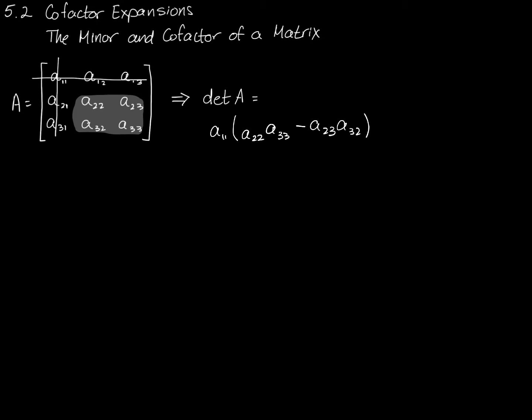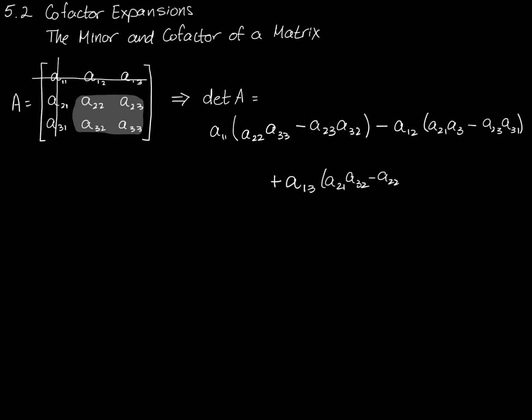And then we said we were going to subtract the next term. We have A12 as our coefficient, and then we would add the last term, A13 times that determinant. So let me just fill these in real quick. For A12, the determinant, I'm going to have A21, A33 minus A23, A31. And for the A13 determinant, I have A21, A32 minus A22